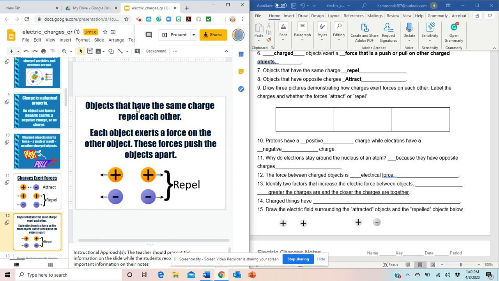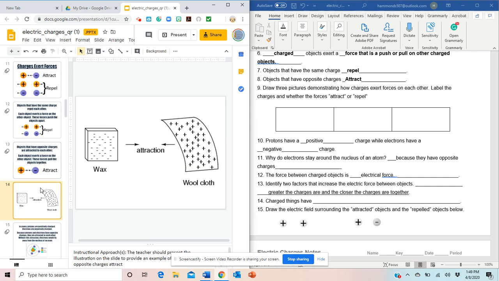All right, so objects that have the same charge repel each other, and each object exerts a force on the other object. These forces push the objects apart. So here we have another example of those that are repelling or moving away from each other. We have 2 positive charged particles and 2 negatively charged particles. All right, so for number 10,